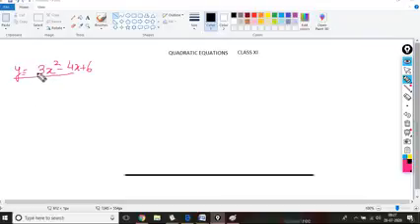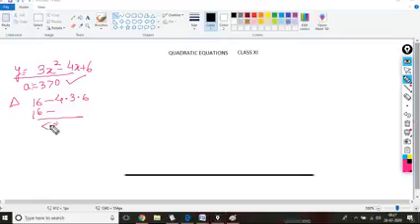First thing, try to understand a. What do you think about a? You see a is here 3. So don't you think a is equal to 3, which is greater than 0? First condition is done. Let's look at the second condition, the delta. Delta is b square minus 4 into 3 into 6. We don't need to actually calculate, we know it is negative. So delta is less than 0, a is greater than 0. So what will be the graph of this?